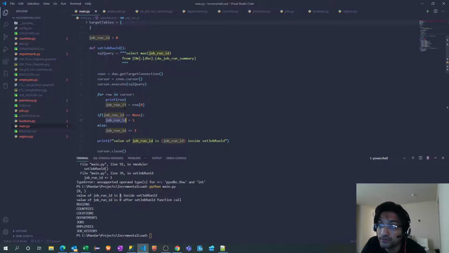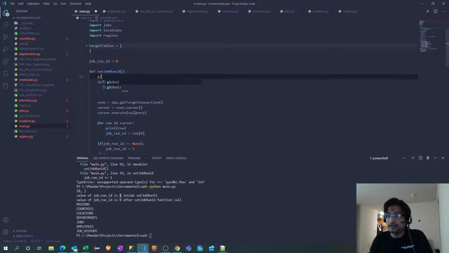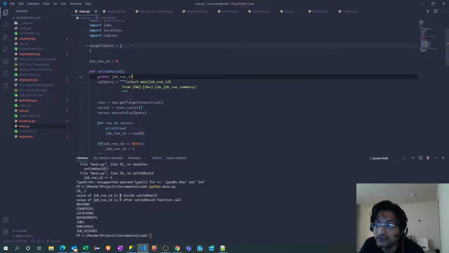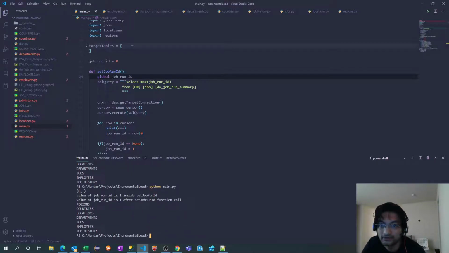If we want Python to refer to our global variable and not create a separate local variable, we need to declare it global. Now it will refer to the global variable and will not create its own local variable inside this function. Let's run it. I should see 1 at both places. See, 1 and 1. Now it's referring to the global variable.